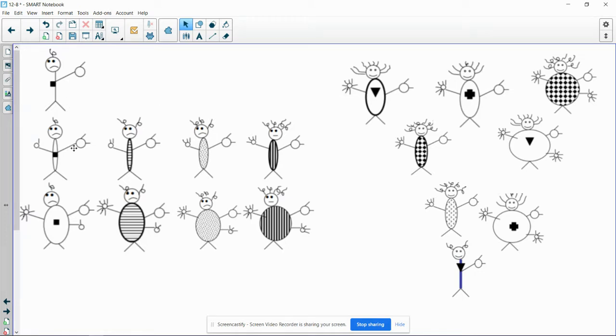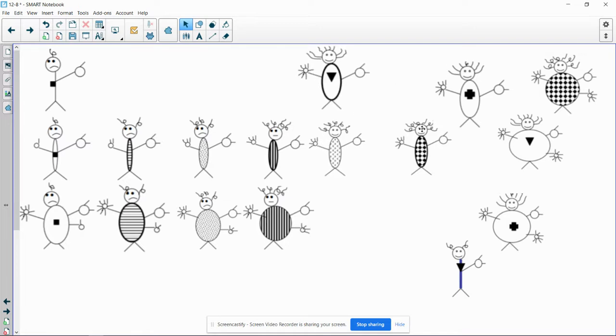So we had 9 of the guys organized. The trends we noticed were that as I went down, the people's body shapes got bigger, and as I went across the rows, the hair increased. There are other things changing too, but those are the obvious ones. And if I continued that trend, this person would go here, and then I would put this one here,